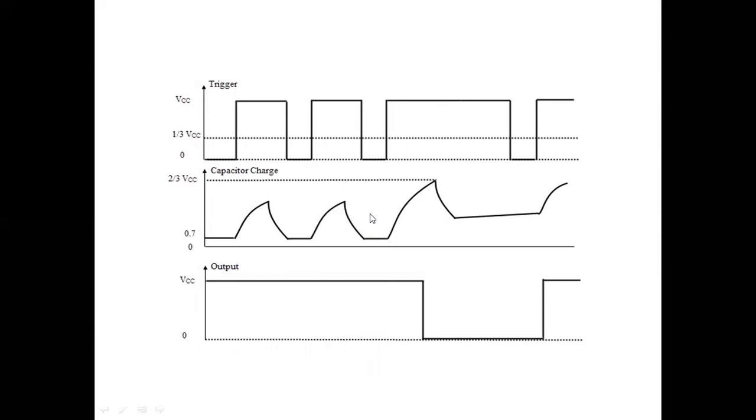So whenever a pulse is missing, here we have a continuous trigger pulse in the high position. In this case, the capacitor charges to 2/3 VCC, the flip-flop resets, and the output will be low. So here the pulse is missed and the output is low. If the output is low, then we can identify that the pulse is missed. In this manner, we can detect a missing pulse. So these are the applications of the monostable multivibrator.